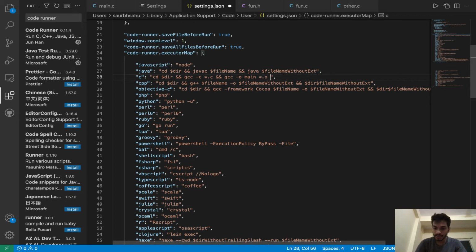After linking all the object files, the executable will be produced by the name of main, and we have to run that executable by the command ./main. And after executing our program, I will just delete all the object files and the main file. Okay, so just save that setting, and in CPP we can just copy that setting in CPP also, and you need to just substitute gcc by g++, and here also g++.